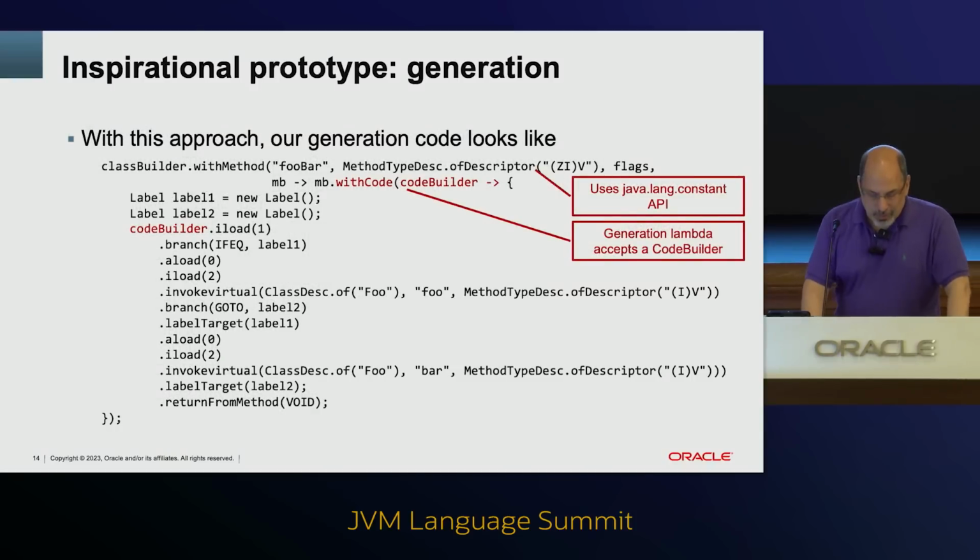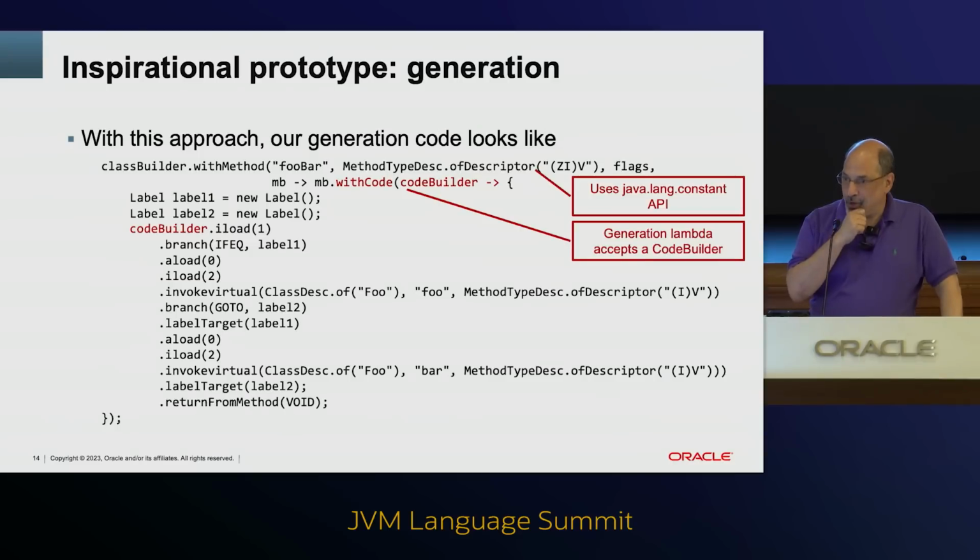Okay, so let's take a look at what it looks like with this prototype, our first prototype API. It looks an awful lot like the ASM code. It has almost the same number of lines as the ASM code, and they pretty much map up one-to-one. The builder method names are a little bit more bytecode-y and a little less visitor-y, but that's a pretty small change. Instead of strings for method descriptors, it uses the Java-lang constant API that we added in JDK 12